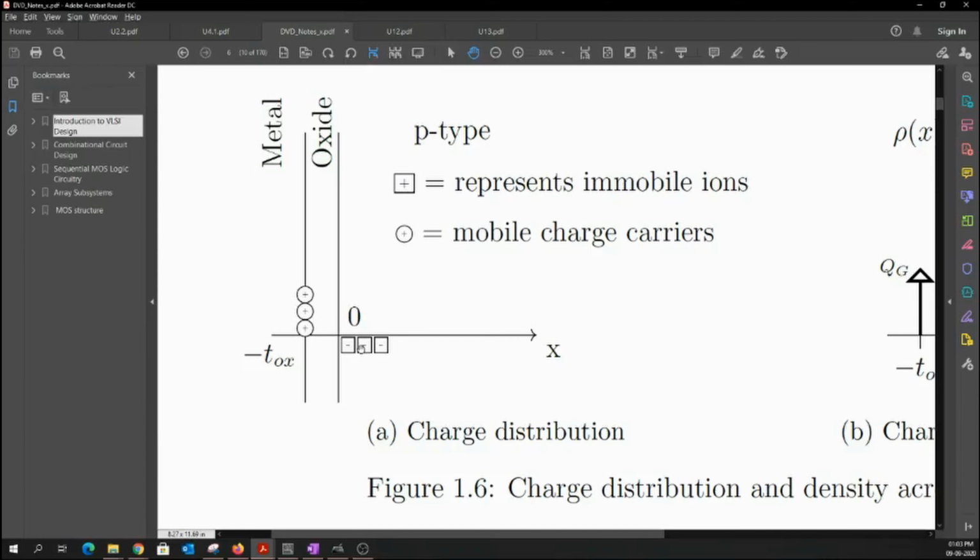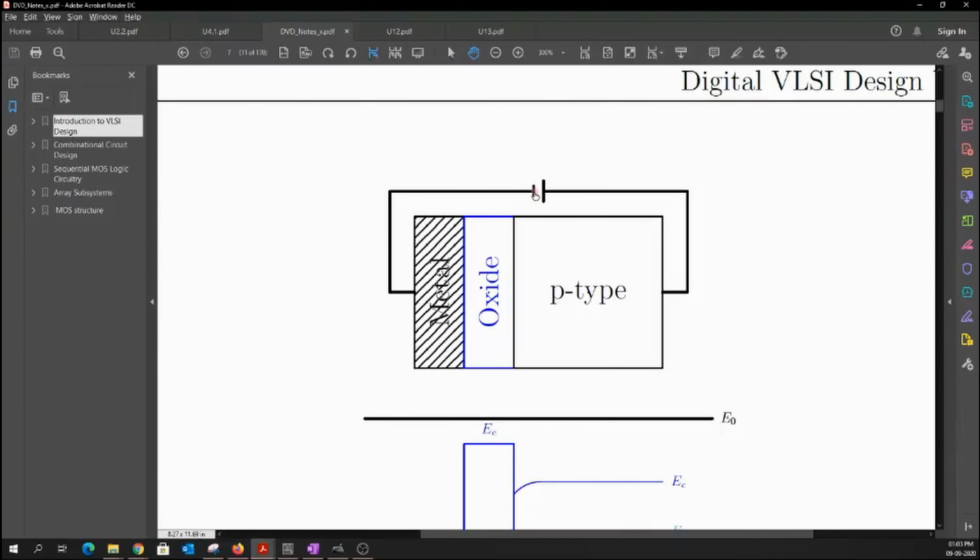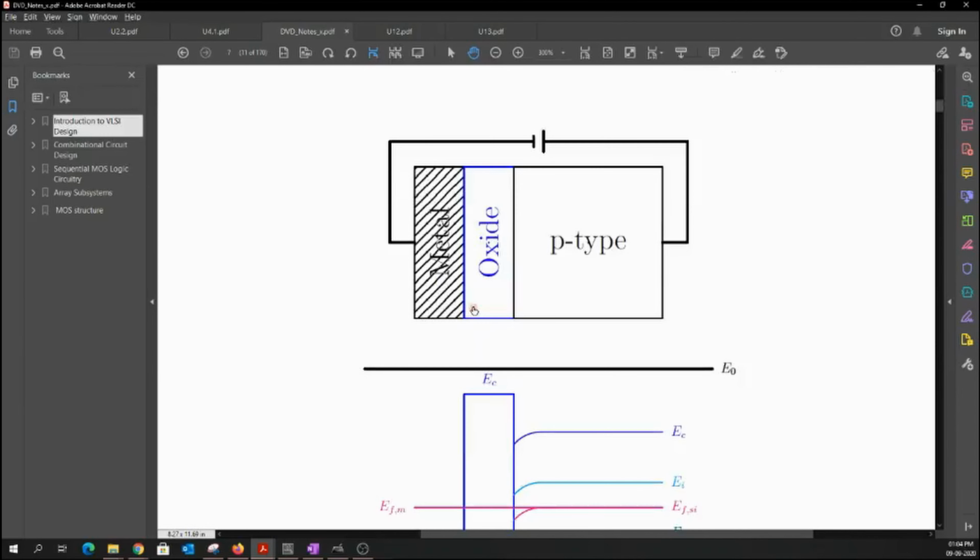These ions have to be equally balanced by some charges on the other side of my oxide layer, which is on the interface between the metal and the oxide. Okay, so if I have 3 negative ions, then they have to be compensated by 3 positive charges. Okay, so now let us talk about what is known as the flat band voltage. Now, the point is that I have to remove these positive charges away from this metal. How can I remove these positive charges? We know that just by applying a negative voltage, I can attract the positive charges that exist across this interface between the metal and the oxide, right? So let us apply 3 different voltages.